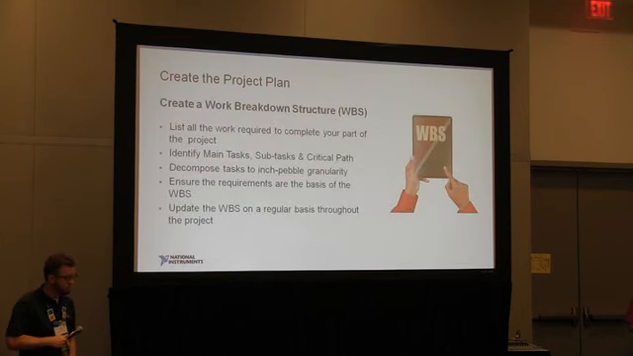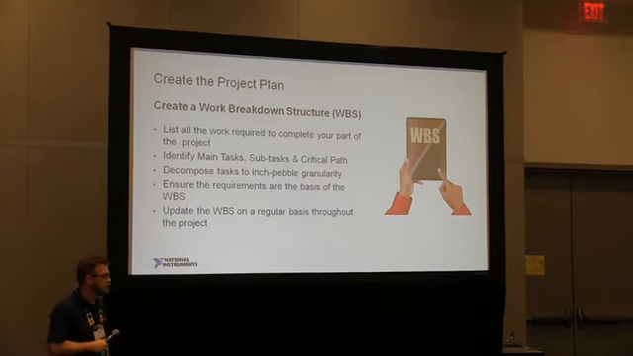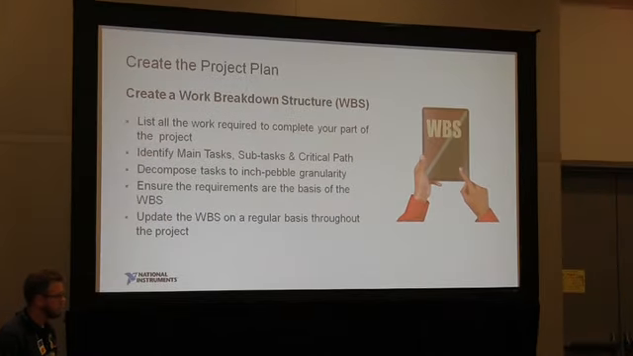As we talk about the work breakdown structure, we talk about listing all the work tasks that need to be completed. Sometimes you could use Microsoft Project. We use that sometimes. Sometimes we use something called Smartsheet. It's a kind of hybrid between Excel and Project. It's much cheaper. It's an online tool. But you can identify the main tasks and the subtasks, and ultimately what you want to identify is the critical